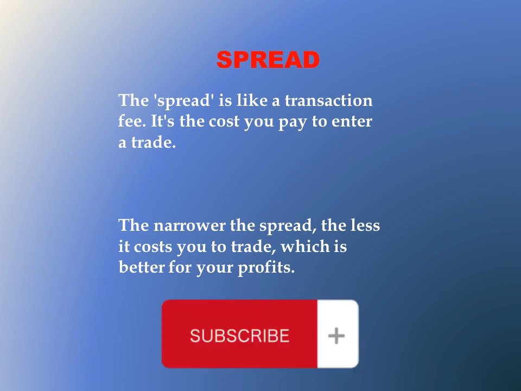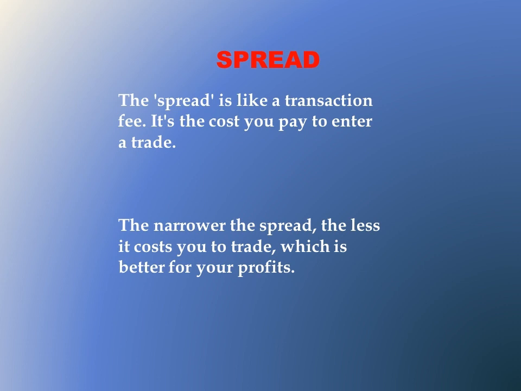There are several things that determine whether you are going to get a lower or larger spread, some of which include, like I mentioned earlier, liquidity. If you are trading a pair that is not tradable by many people, because if there are not a lot of people trading a particular currency pair, that pair is going to be very static and less volatile. And when a particular currency pair is less volatile and less liquid, there is going to be a large spread.